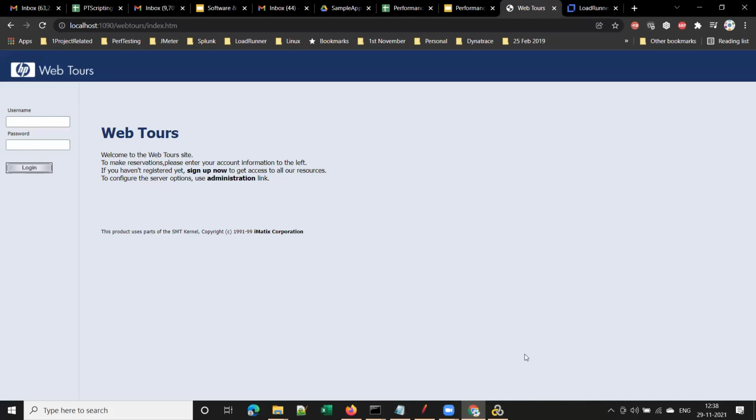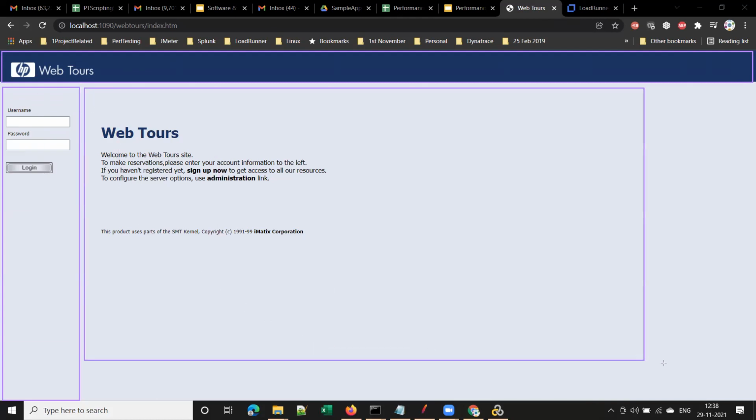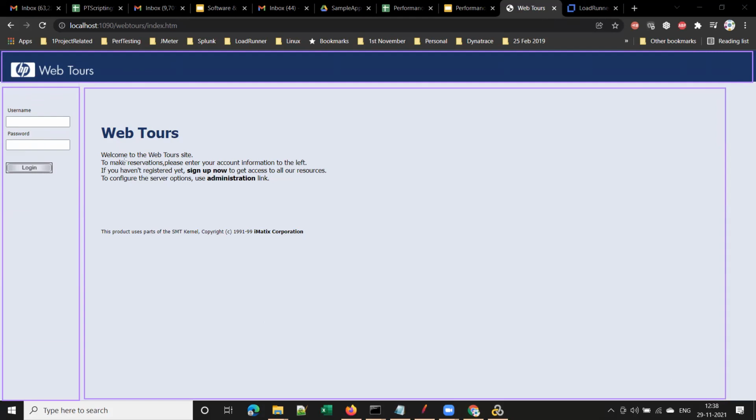This is related to this navigation page, this part. And remember, in this application, let me explain each part of the page. This is called header.html. This is one frame. This is the second frame, called navigation. This is the navigation frame, and this is home.html. This page is made up of 3 frames. I'll explain how you can confirm that, if you want.